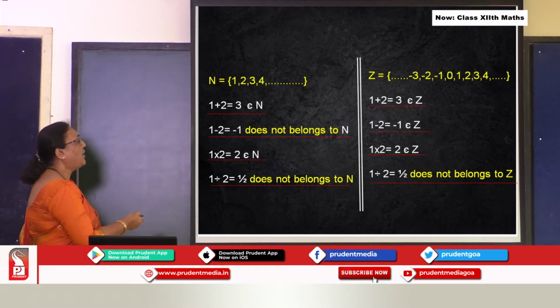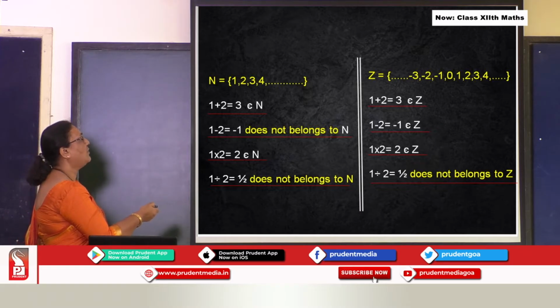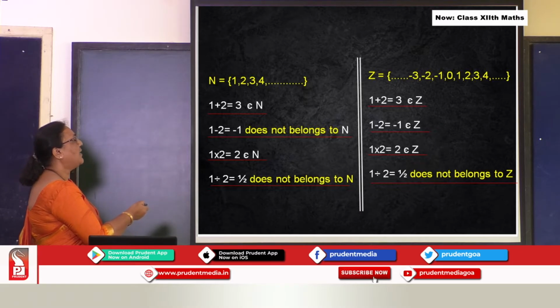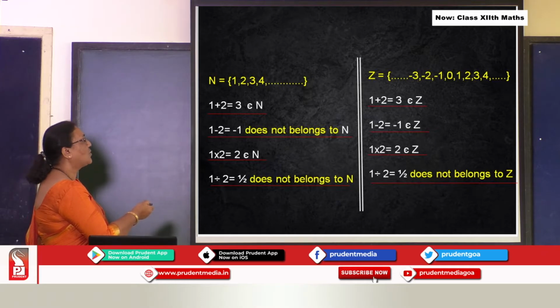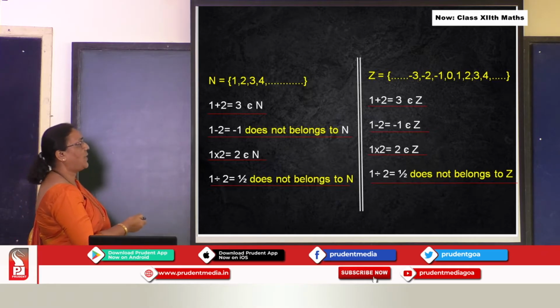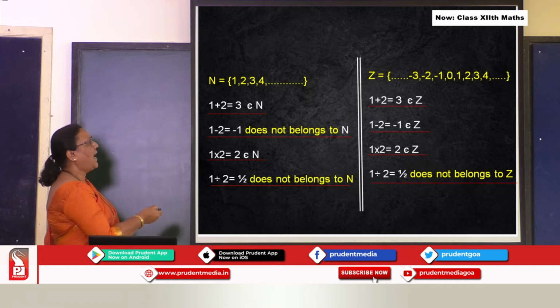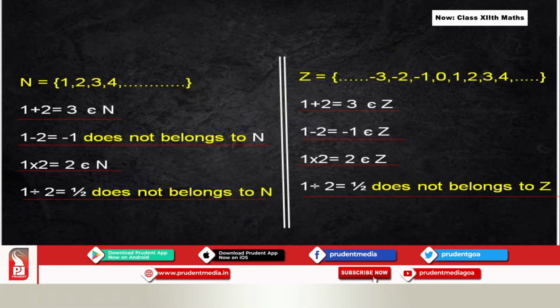Now here 1 minus 2, you will get minus 1. Minus 1 belongs to Z. Minus 1 is a member of this set. Therefore, it is a binary operation. You can take any other numbers also. Minus 200 plus 200, that is 0. Minus 100 plus 300, like this. The answer will come in the same set. Therefore, minus is a binary operation.